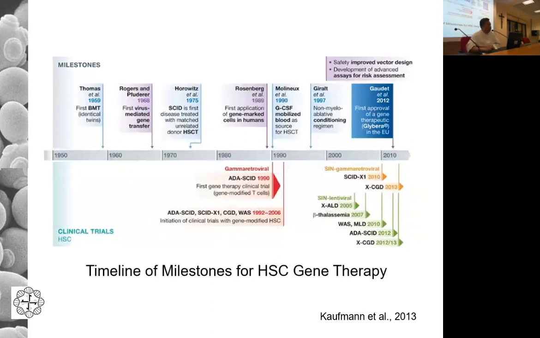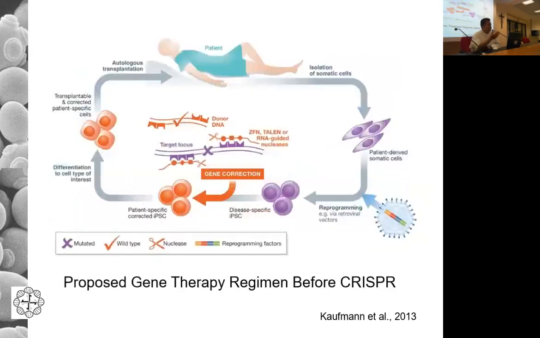So just to illustrate what is done here, here is an image from a paper published in 2013. Again, just immediately after the discovery of CRISPR. So again, this is still pre-CRISPR, before CRISPR. You have a patient. What happens in the patient is you have, in this particular case, either